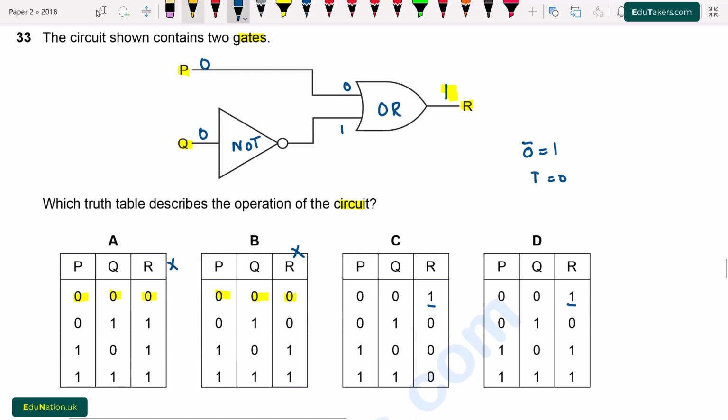Next, we consider the inputs 1 and 0. So here will be 1 and 0. This 1 comes here as it is and 0 changes into 1. So when 1 and 1 combine by the OR gate, here will be output 1. Now I see option C. When there is 1 and 0, the output is given 0, which is incorrect. So option C is also incorrect. Option D, when here is 1 and 0, the output is 1. We also have output 1. So only option D is correct from here.